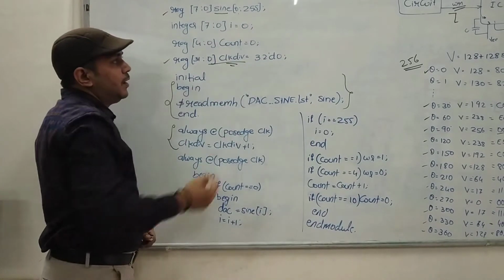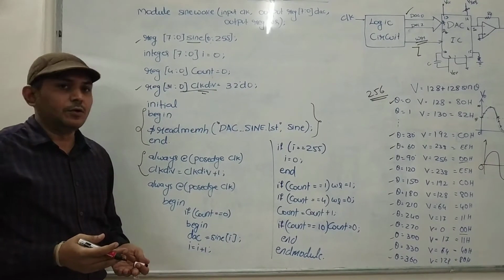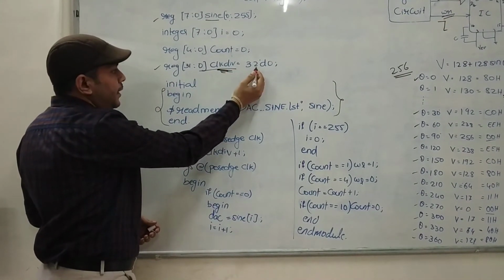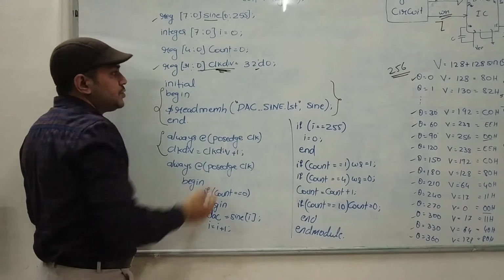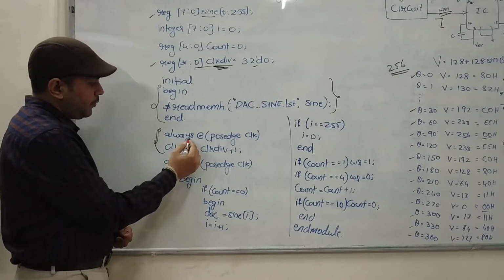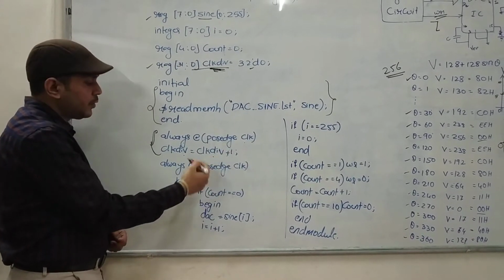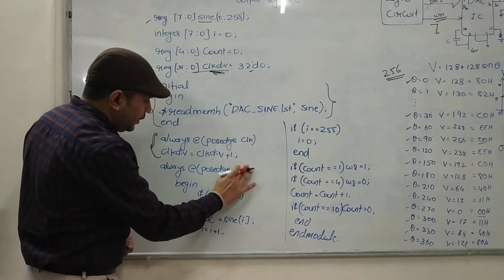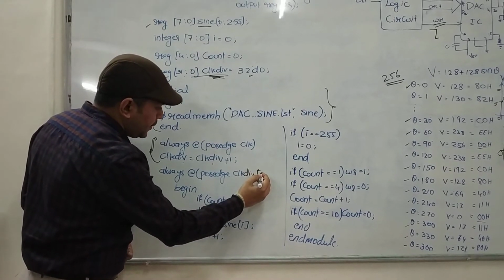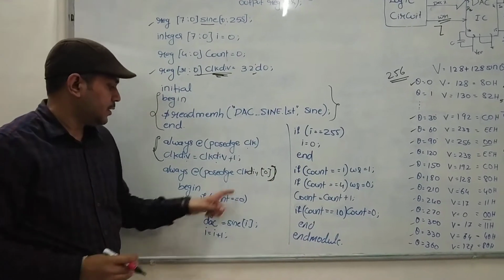So there is one more part in the question that we have to generate: half the frequency. So how to do it? For that I will take a variable called clock due, which is 32-bit, and I have initialized it to 0. So here these two statements I will add, where for the positive edge of the clock I am counting clock due. Okay, clock due equal to clock due. Here I will include, instead of clock, the positive edge of the clock due into 0 here.